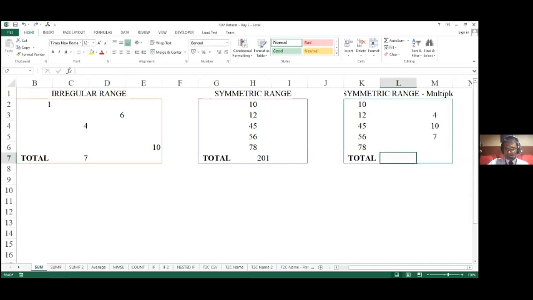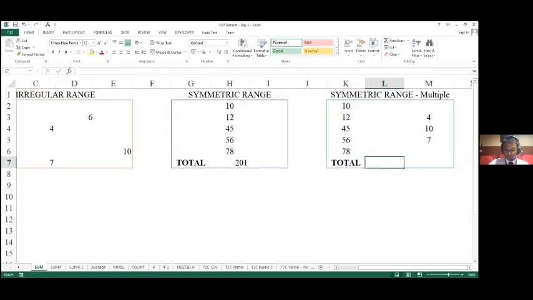In this case we have a symmetrical series, and we want to see the sum. How do we do it? We would use is equal to. Is equal to is what we have to apply by default whenever we want to call any formula in Excel. Sum is the syntax for summation, open bracket. Now we have to define the series. In this case, I have 2 symmetrical series, but it is multiple in nature.